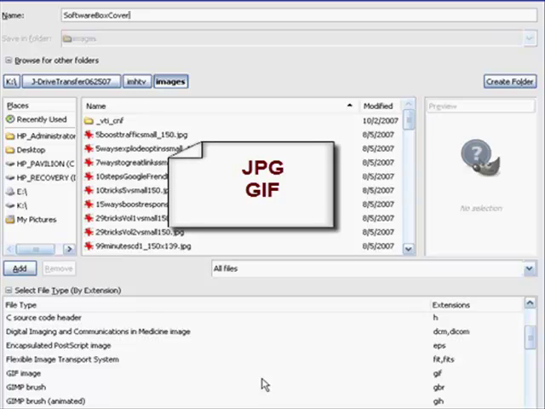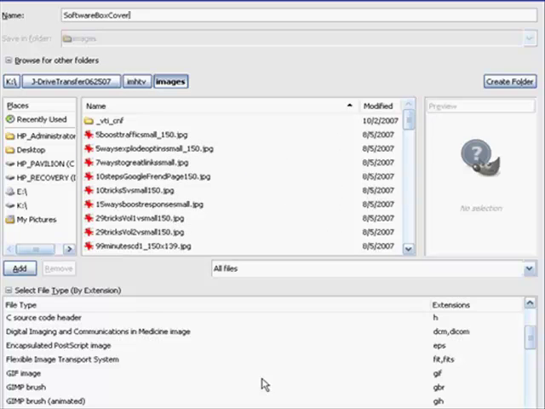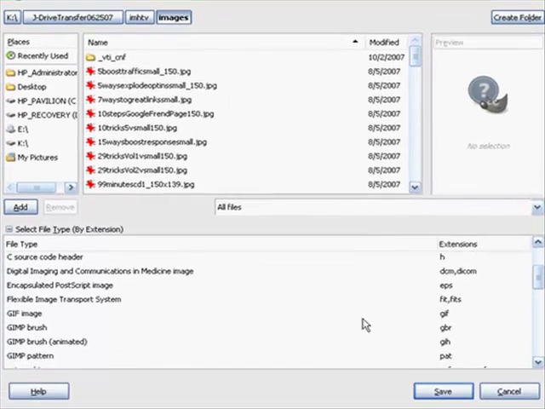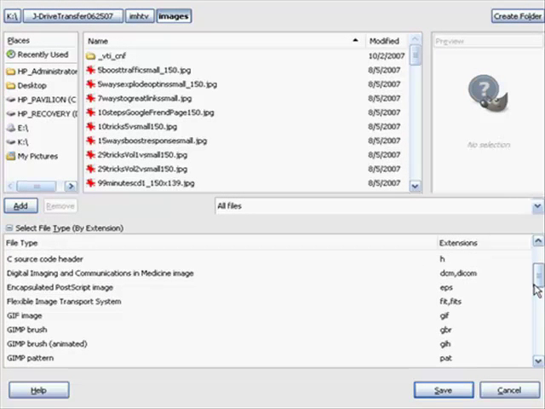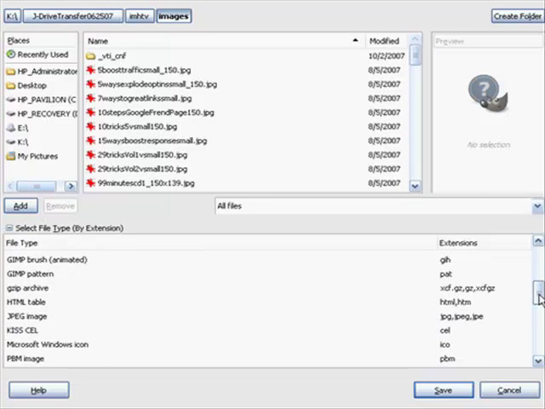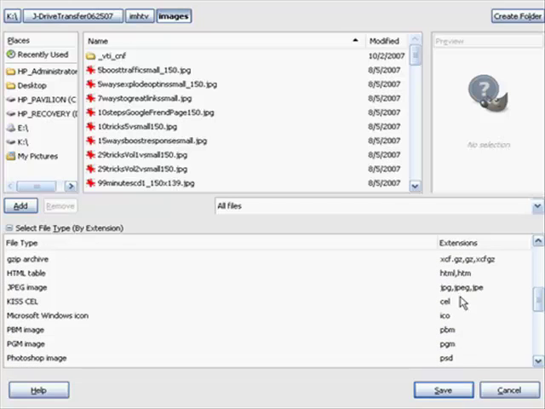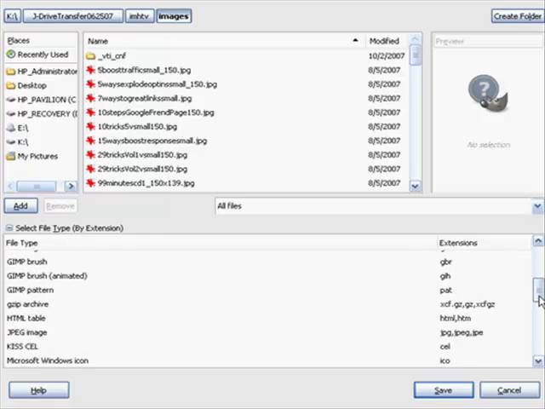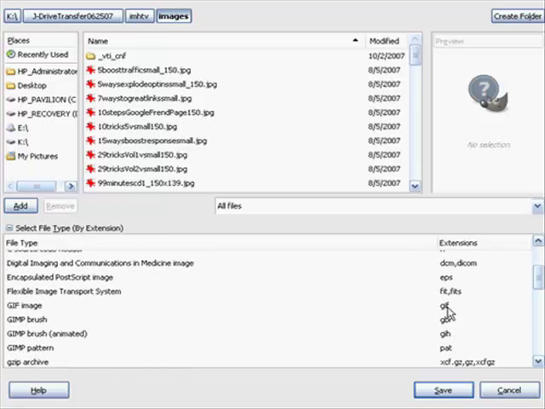JPG, the GIF, and the XCF. Those are the ones we're going to be working with more times than not. And you can see right here the extensions, and here are the file types here. And just kind of going through here, you can see there's quite a few options you can use to play with here. But here's the JPEG, the PNG, the PSD, the GIF,